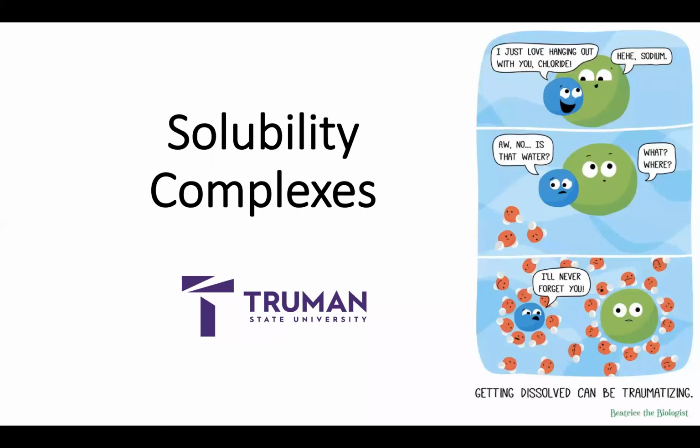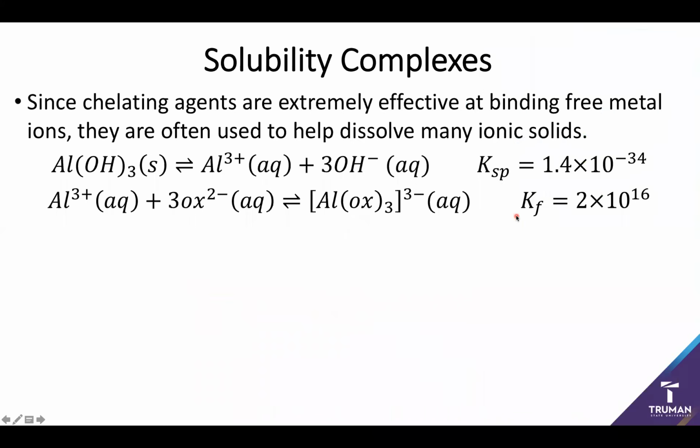So today we're going to be talking about how we can use coordination complexes to help increase the solubility of an ionic system. So we've already encountered many ionic solids when working through this material. One great example is aluminum trihydroxide. It can break apart into aluminum and 3 hydroxide ions. However, you may note this isn't exactly the most soluble species, so we wouldn't expect this reaction to proceed to